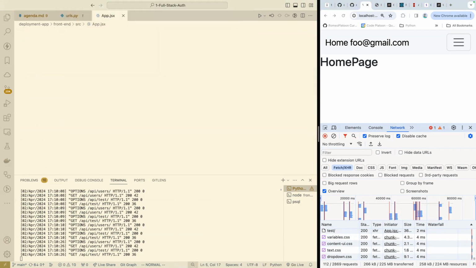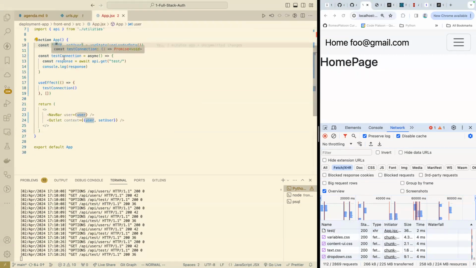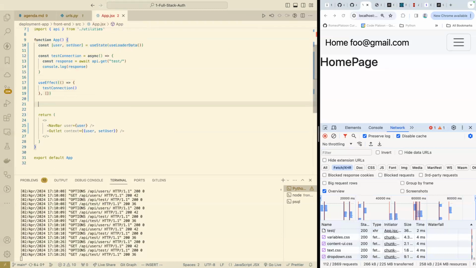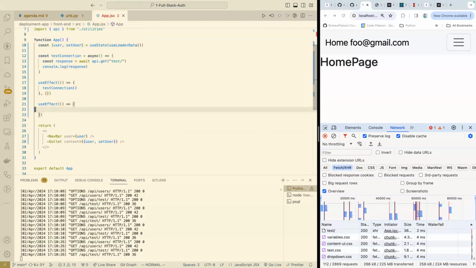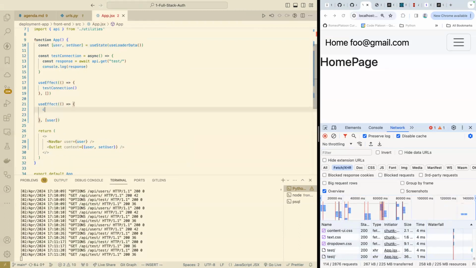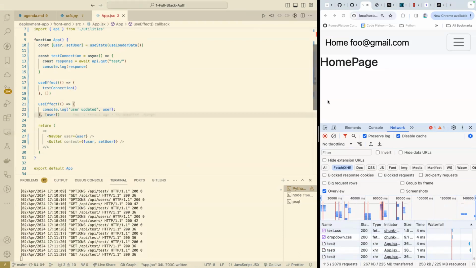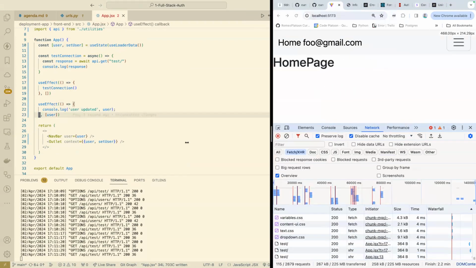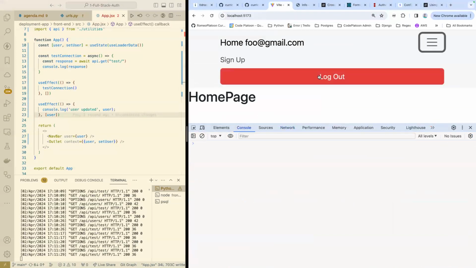So if we go to app JSX, user gets updated by all sorts of things: signing up, logging in, logging out. So if we wanted to, we could write a useEffect that listens to user. And we could add a console log statement saying, you know, user updated, and that prints it. But this is cool because if I go to the console and I clear all this stuff, and let's say I log out,